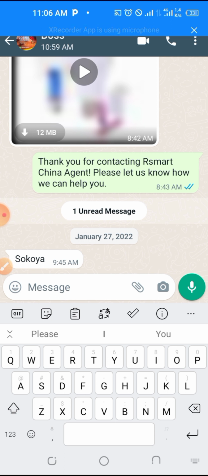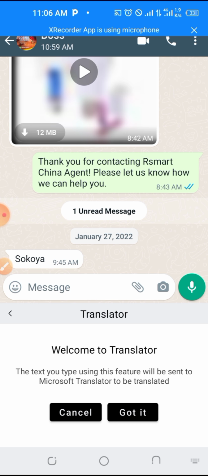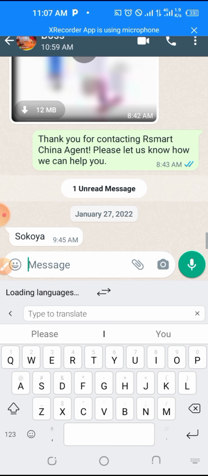So what you need to do now is you need to click on this at the top of the keyboard here, you will see an arrow, clockwise arrow. So there is A inside. So just click on it. I click on it, then you click get it. As you can see now, as you can see here,